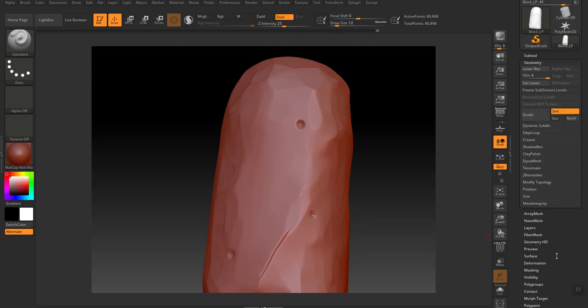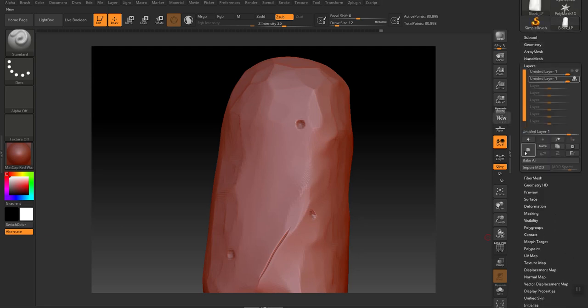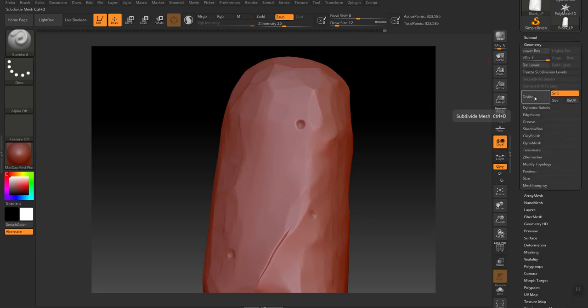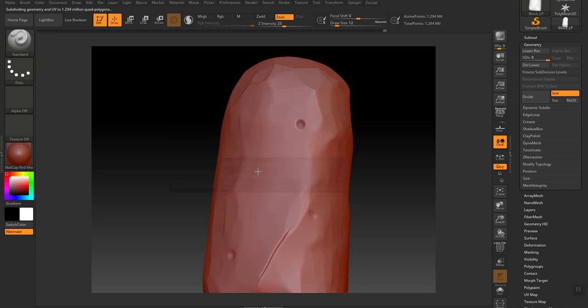Go back to layers. I'm going to turn off layers. Alright. There we go. Divide it again. Mesh has deformable shape layers. Turn off add ZDraw. Alright, so we'll just go back here